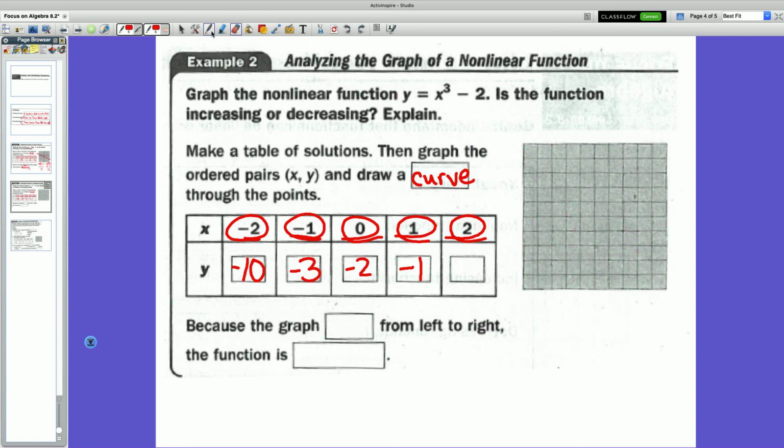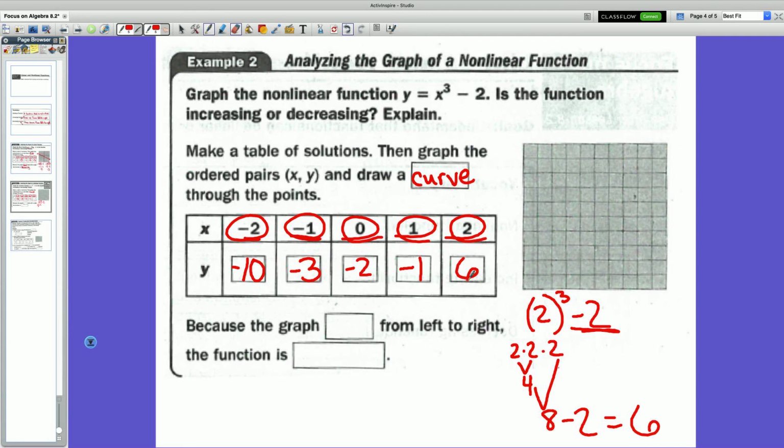All right, last one I have to plug in is 2. So 2 to the third power minus 2. Again, 2 to the third power means 2 times 2 times 2. 2 times 2 is 4. Oops, I wrote the wrong thing. 2 times 2 is 4, there we go. And 4 times 2 is 8. I still have this minus 2. 8 minus 2 is going to give me 6. So that's 6. Now I have to plot those